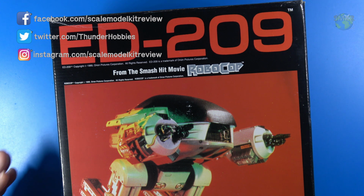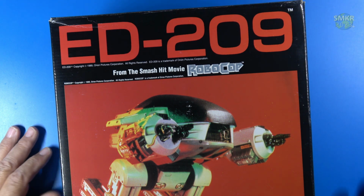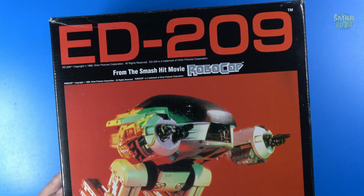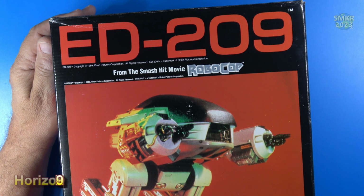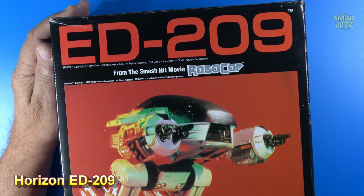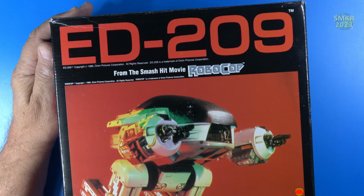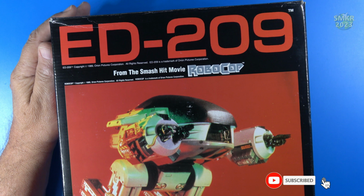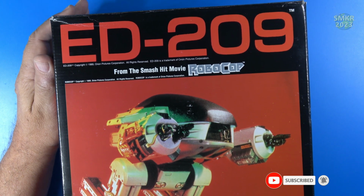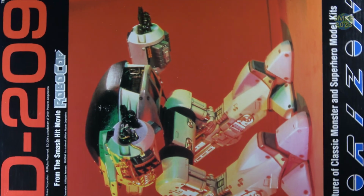Up next is another classic model kit review, and this is a vinyl kit from 1989. It's the ED-209 from Horizon Models, and it's a classic monster and superheroes model kit. It is in 1/9 scale, and like I was saying, this came out back in 1989 from the smash hit movie Robocop. Now it's a very large box here,